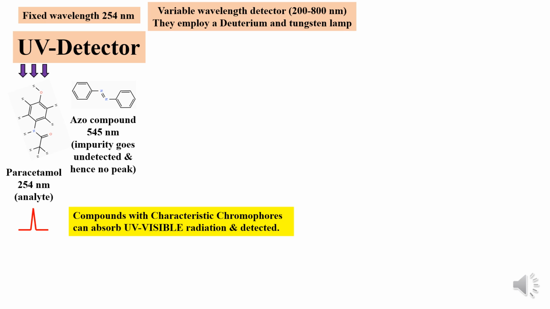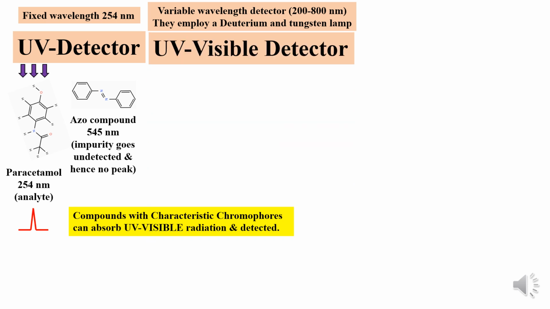So how to go about this problem? This drawback that you come across in the UV detector can be overcome by using a UV visible detector. The UV visible detector provides wavelengths ranging from 200 to 800 nanometers. So now, when you carry out the analysis of the same sample mixture constituted by paracetamol and the impurity compound, that is the azo compound,